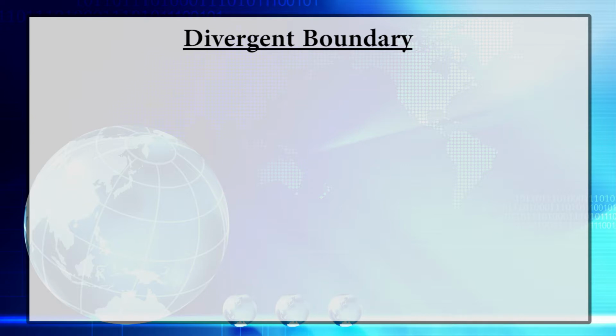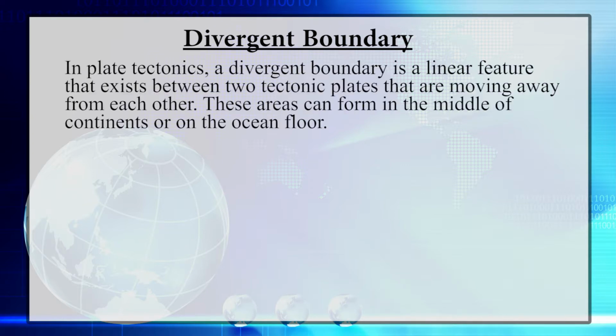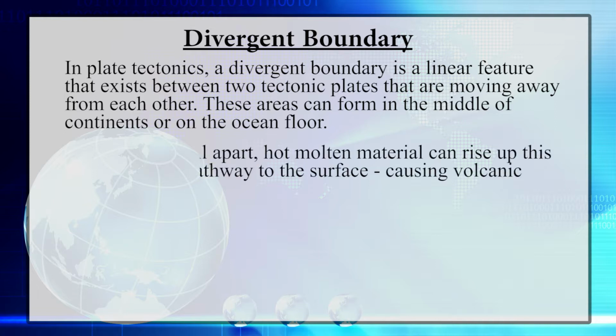What about the divergent boundary? In plate tectonics, a divergent boundary is a linear feature that exists between 2 tectonic plates that are moving away from each other. These areas can form in the middle of the continents or on the ocean floor. As the plates pull apart, hot molten material can rise up this newly formed pathway to the surface, causing